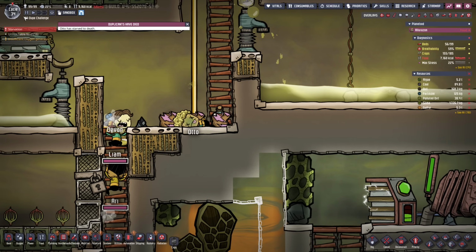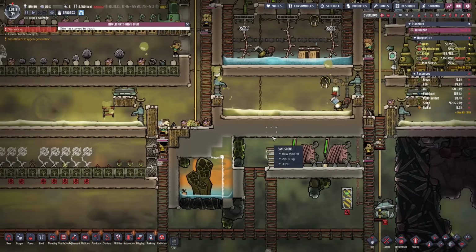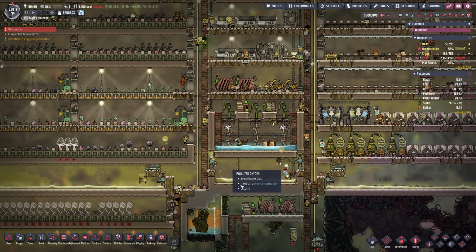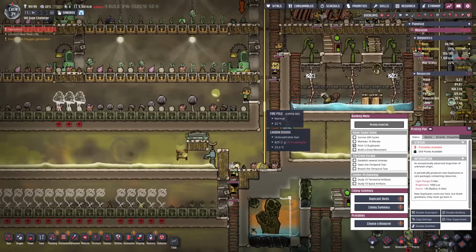And I'm pretty sure if I started back at cycle 34 in the beginning, this wouldn't happen. There's just so many variables. Or it might be a different duplicant, or maybe Otto would have made it to the menu. However, the way we play it is we are now printing another duplicant. I just want to know...